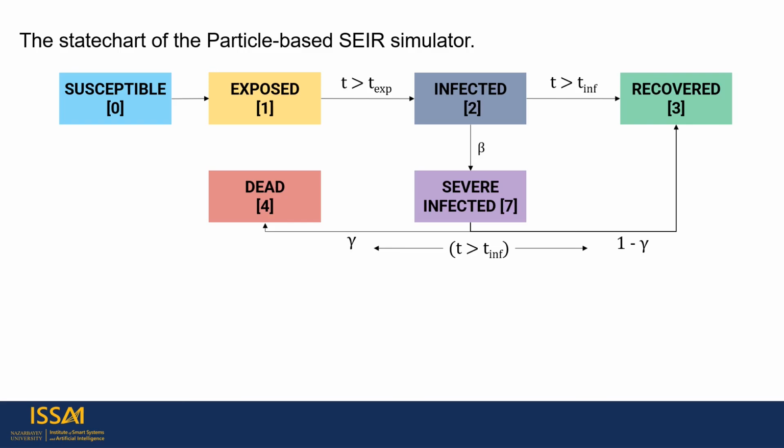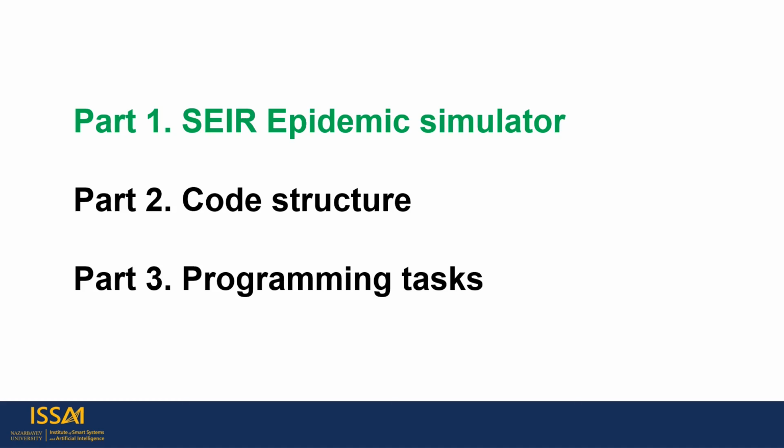After we initialize some of the particles to be exposed, at the beginning of the simulation, newly exposed cases appear based on the disease transmission condition. If the distance between a susceptible particle and a contagious particle is smaller than a certain threshold, then the disease is transmitted and the healthy particle becomes exposed. With this, we conclude the conceptual description of the SEIR simulator, and in the next video,